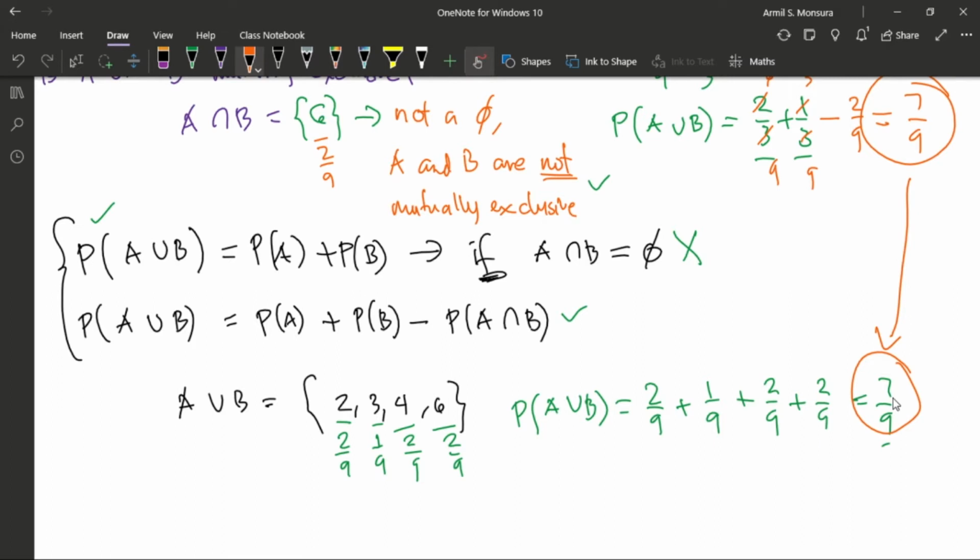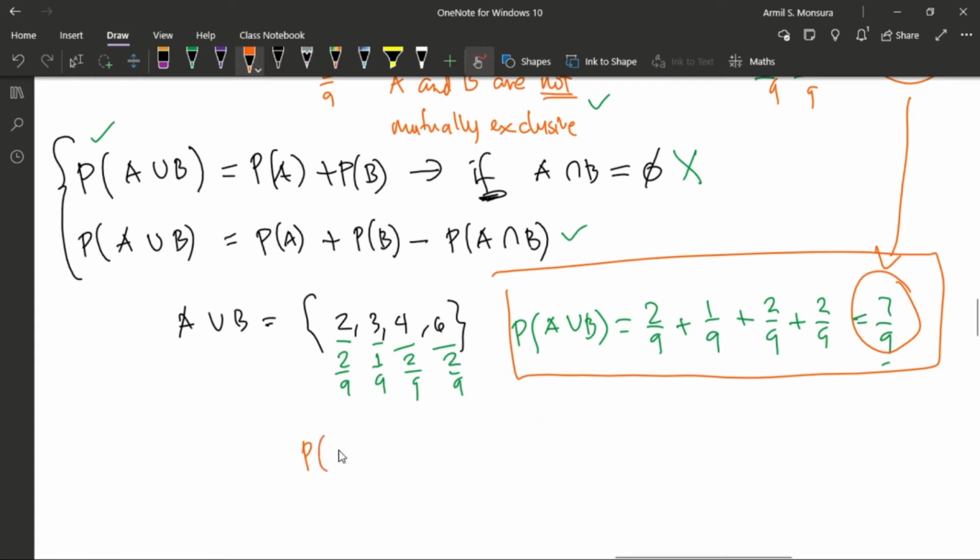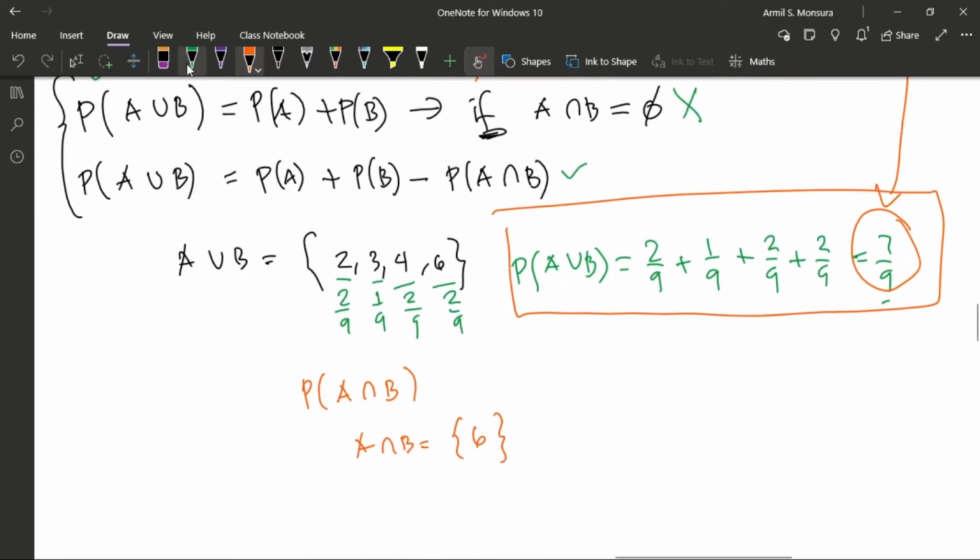Okay? So, yun. Tingnan ninyo mabuti kung yung event ninyo ay mutually exclusive or not. Okay? So, there. Now, we now settle to the fact that the probability of the union of A and B is 7 over 9. Okay. Now, yung pangalawang question is the probability of the intersection ng A at B. Yung common sa kanilang dalawa. Okay. And nalaman na nga natin na yung common sa kanilang dalawa is the outcome 6 or the element 6,